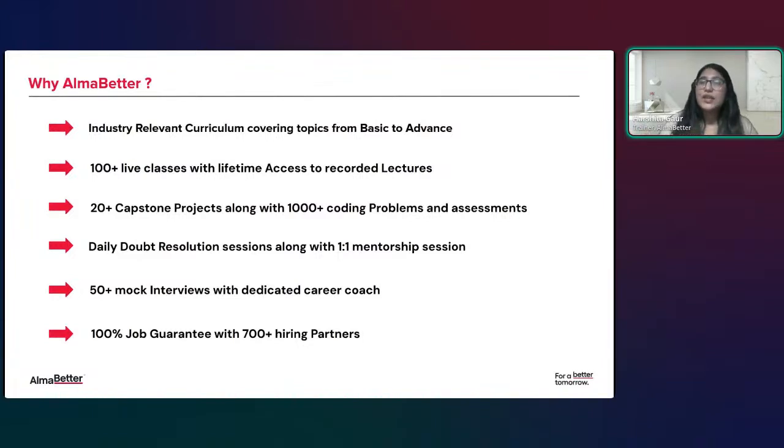We provide these real-time projects because when you go for any job opportunity nowadays, if you're giving interviews, companies are looking for exposure and real-time projects. So here you will get 20 plus projects, and you will work on them after completion of every module, so that you can understand how you need to work, where you need to focus, and how exactly to execute after learning skills.